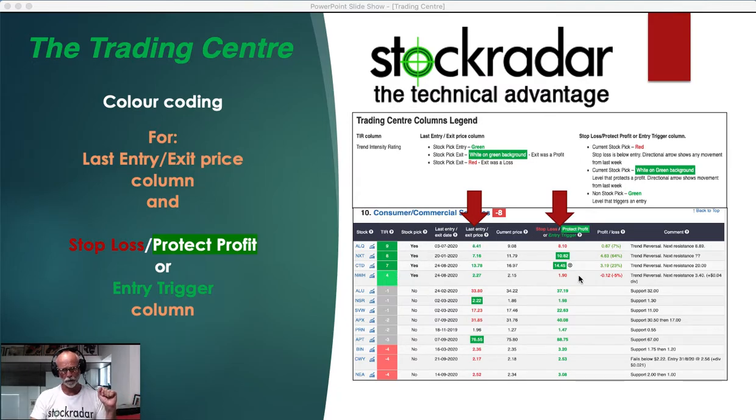If they're not a stock pick, this will simply be the entry trigger, which is in green. So if any of these stocks go above these prices, that will potentially be an entry, provided it's confirmed by the trend intensity indicator, but that's potentially going to be an entry for these stocks. So I can see with APT, I exited this stock on the 7th of September at 76.55. The current price is 75.80. This is as at 21st September, and my current reversal level will be 88.75, which is the highest weekly close